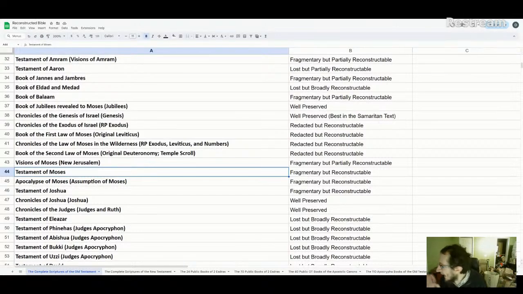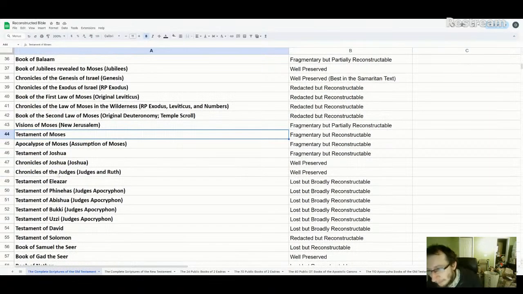The Testament of Moses was not a full account of his life. It did not go through everything that happened to Moses in Exodus, Leviticus, Numbers, and Deuteronomy. It just spoke on very specific things, to teach his sons values and the truth of the future, like from prophecy and things like that. So anyways, that's the basic thing we have there.